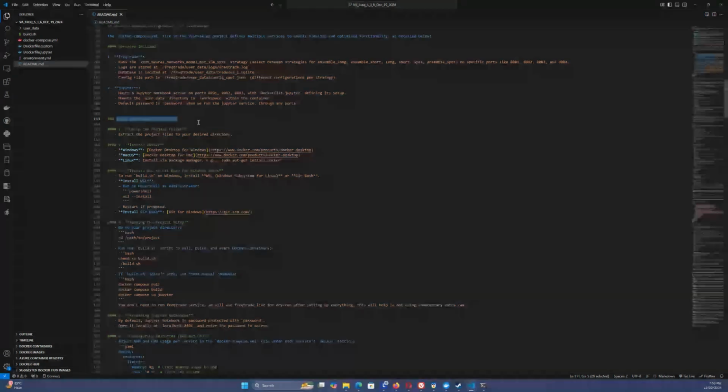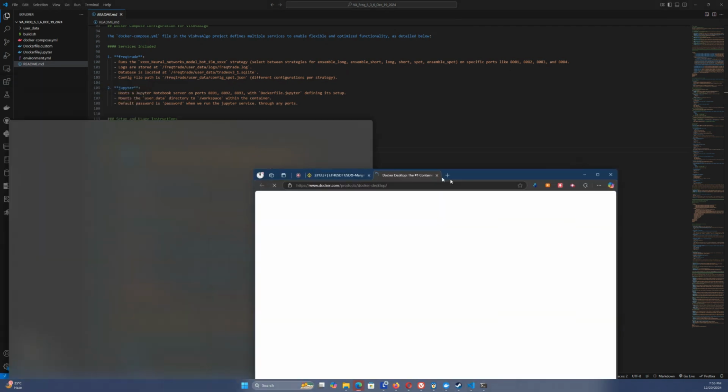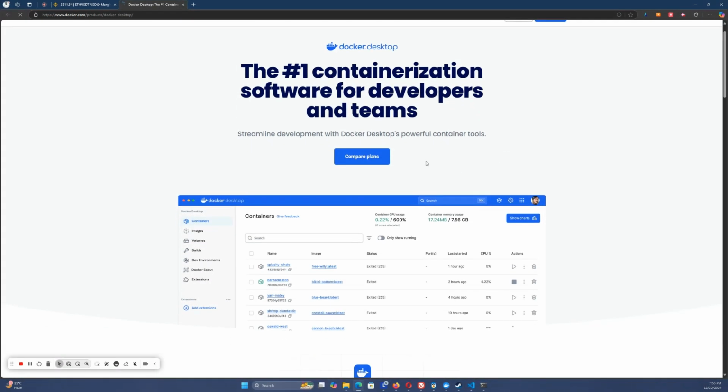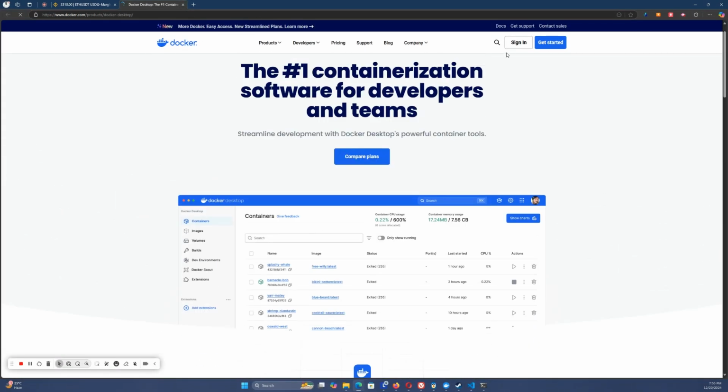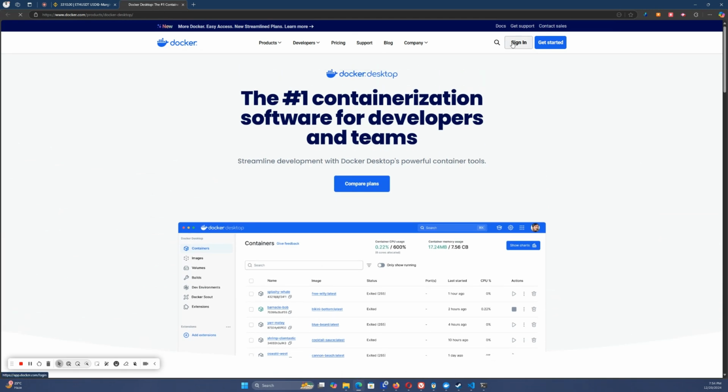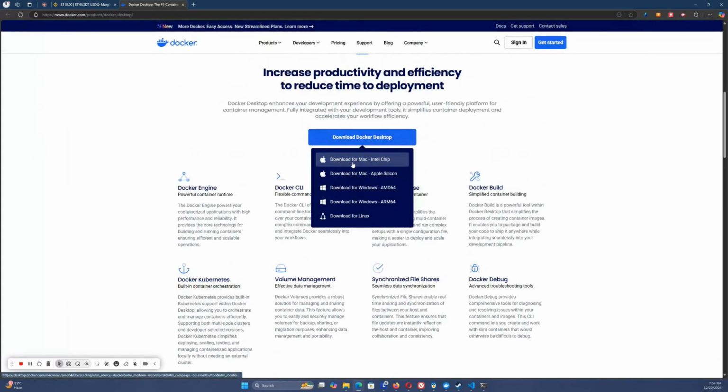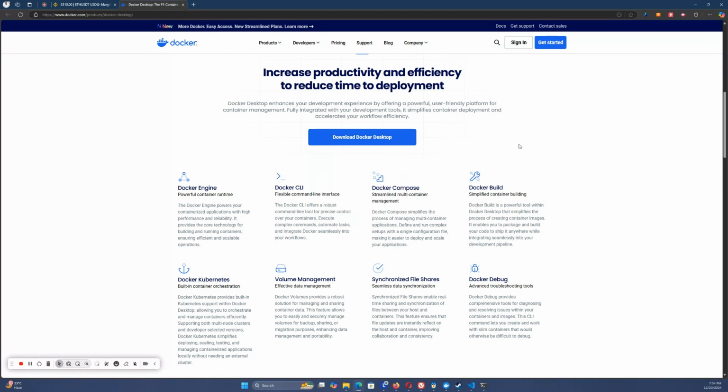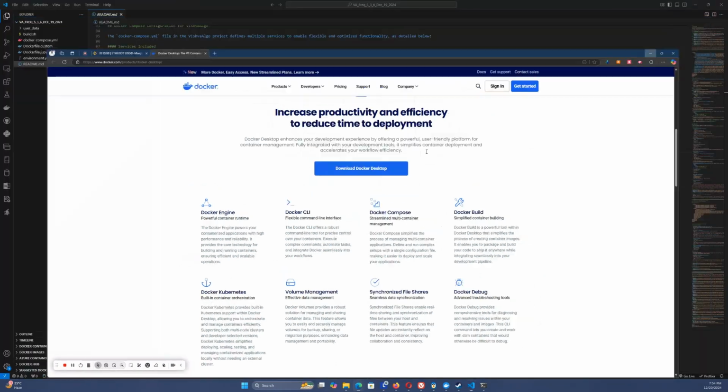So, step by step usage instructions here. Unzip the project folder, we have done that. And for Windows users, you have to install Docker. I have already done it, just showing you. Sign in and install Docker Desktop. Once after installation,